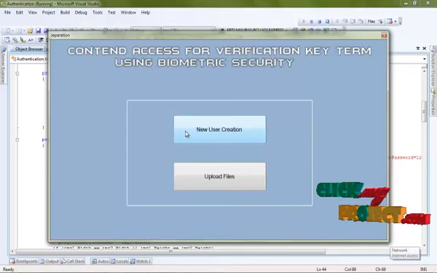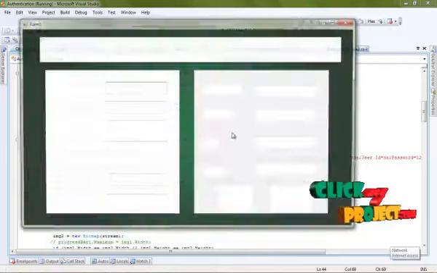If you are a new user, create a new user and enter the user information.